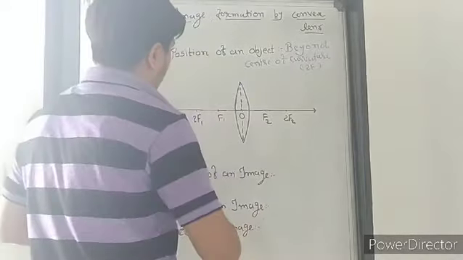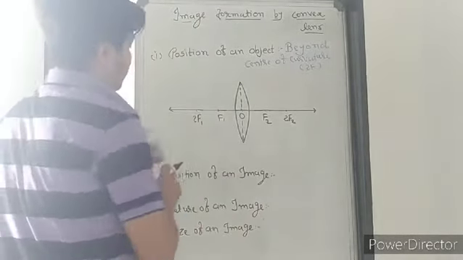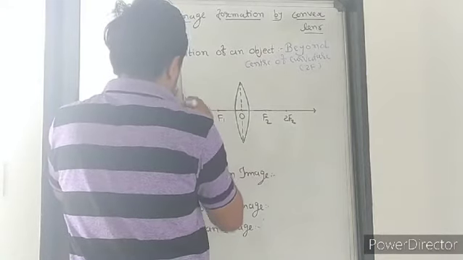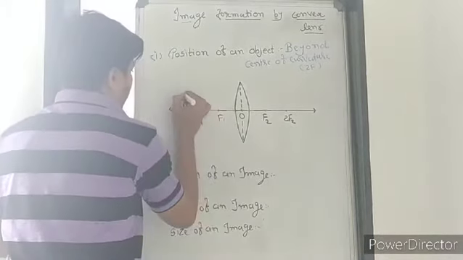You can put the object beyond 2F, the diameter. If I put an object here, and I give it the name A and B,